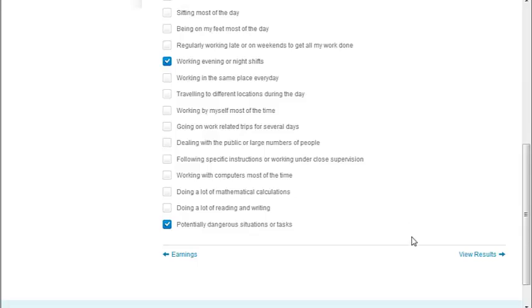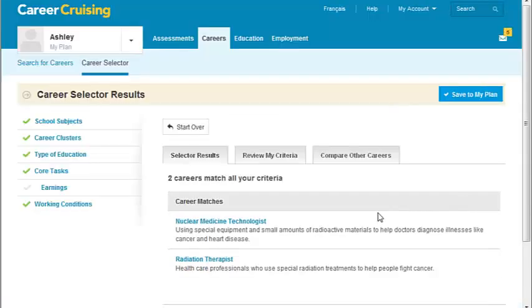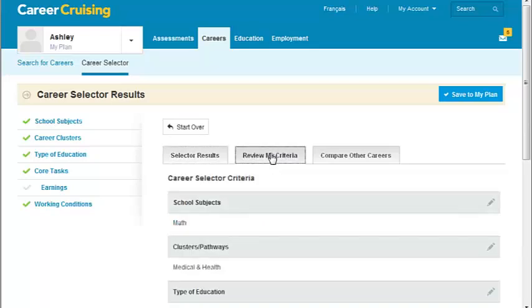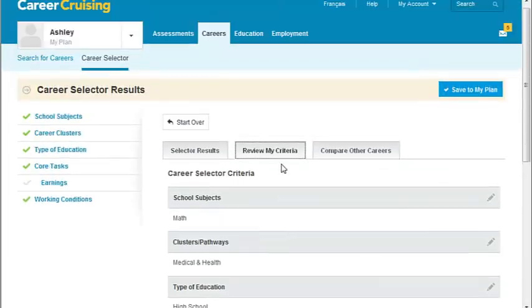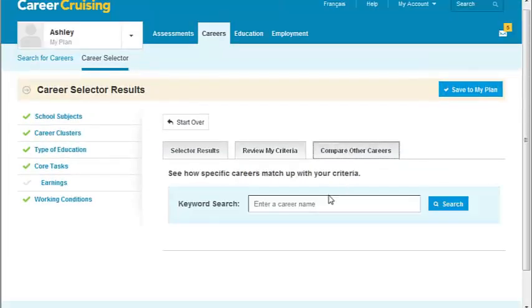So once they've completed that, they click on View Results, and you'll notice their Selector results with the careers that met all the criteria they entered, and there are 2 of them which they're able to look at. They're also able to review their criteria. So we can take a look at what it was they actually had entered, and we can compare to other careers. So for example,